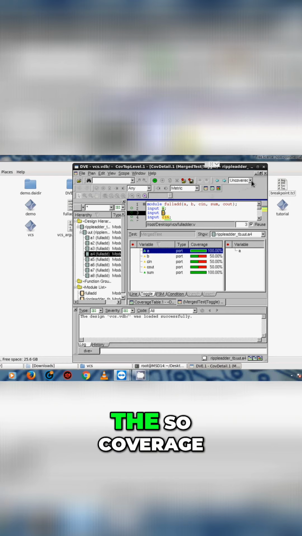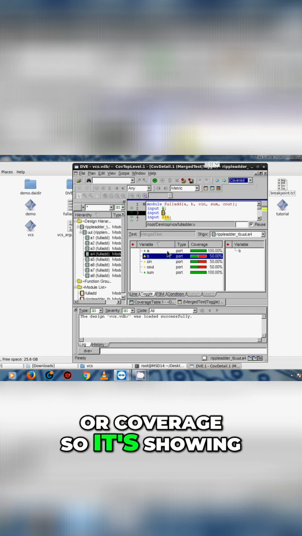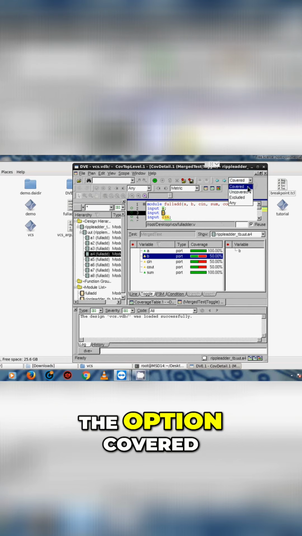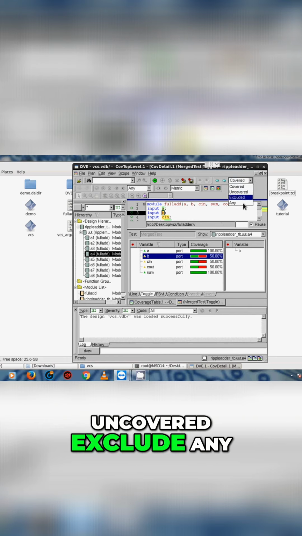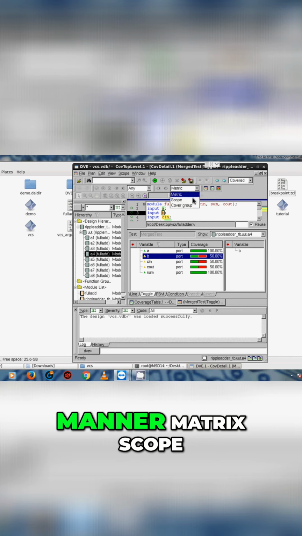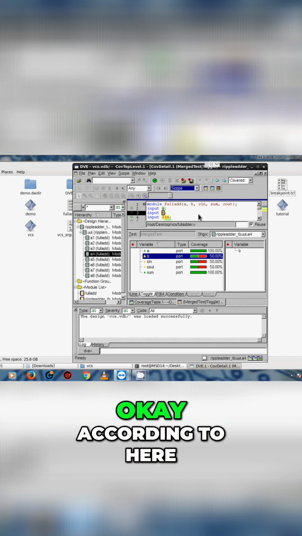so here is also coverage. So it's showing many options. Here is the option covered, uncovered, exclude, any, and here is the matrix scope. Okay,